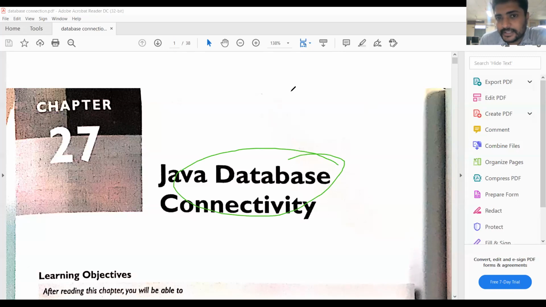Java Database Connectivity API. The JDBC API consists of two components. The first one is the JDBC Driver Manager and the second one is the JDBC Drivers. We need both the JDBC drivers as well as the JDBC Driver Manager. The main purpose of the JDBC Driver Manager is to maintain the available database drivers.